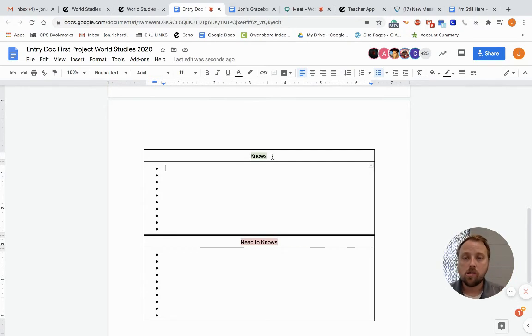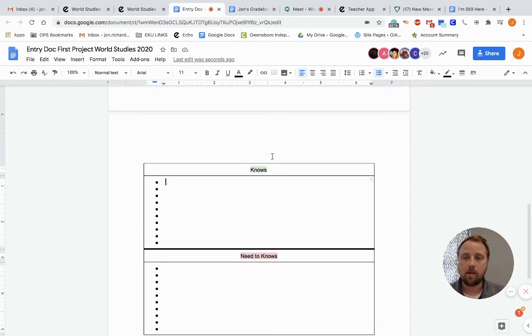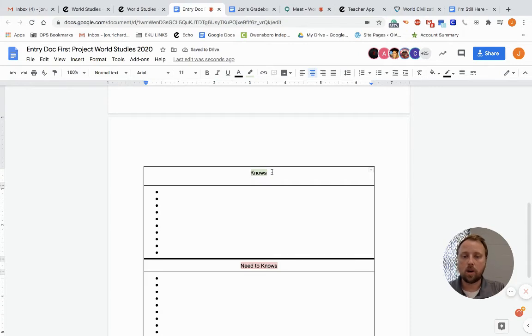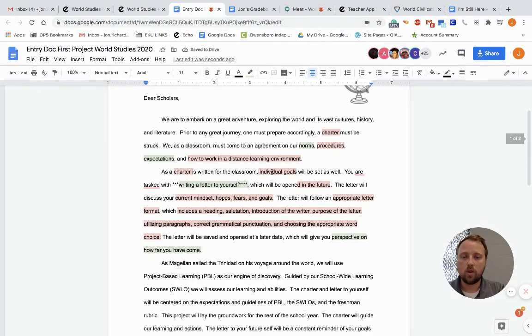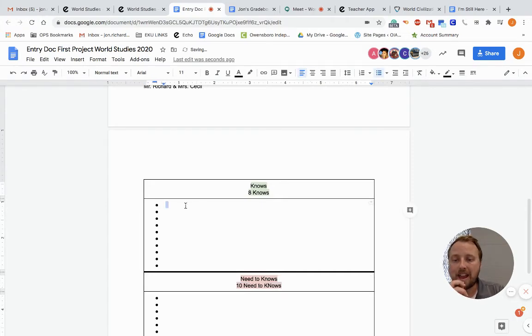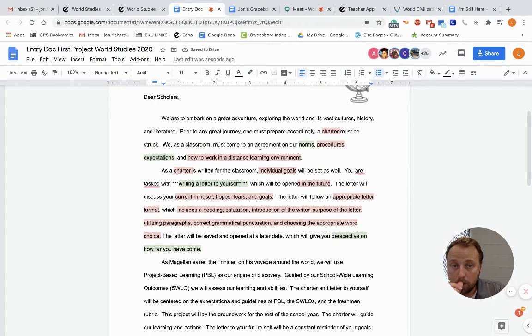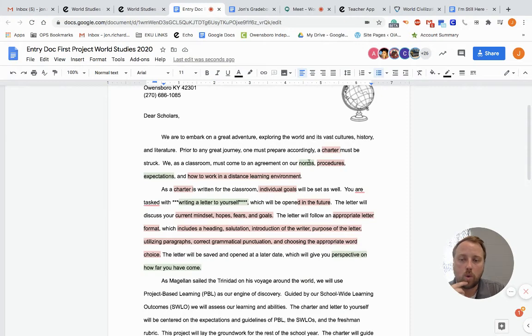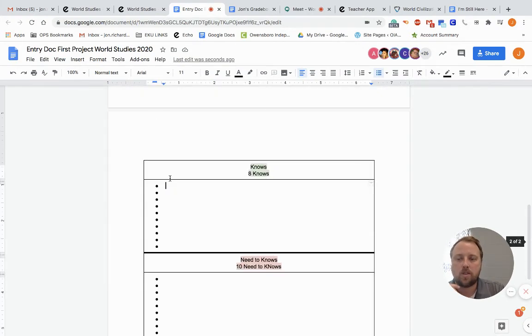So the knows are going to be, and I can kind of add this in here for you since I'm on it, we're going to look for, let's say, 8 knows, okay? And need to knows, I'm going to be looking for 10 need to knows, okay? So knows are written as I know statements. So going up to this, I'm going to skip that one because some of y'all might not know what the norms are, but I know what the expectations for this class are. So I'm going to write in here, I know the